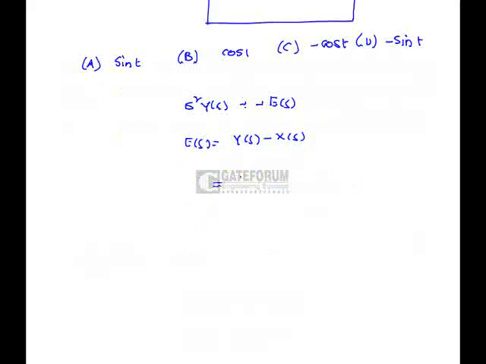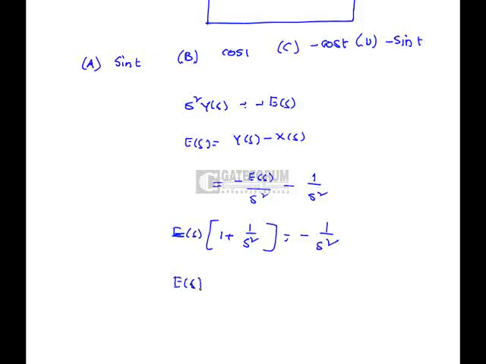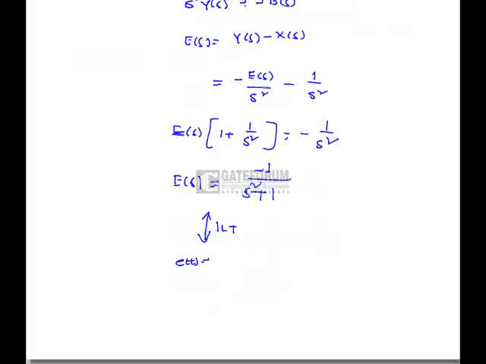So Y of s is minus E of s by s square, X of s is 1 by s square. So E of s is minus 1 by (s square plus 1), which is nothing but, if we apply the inverse Laplace transform, E of t is minus sin t, hence option